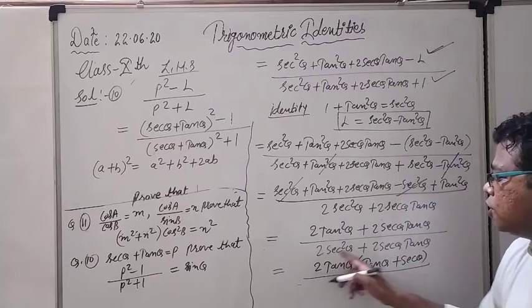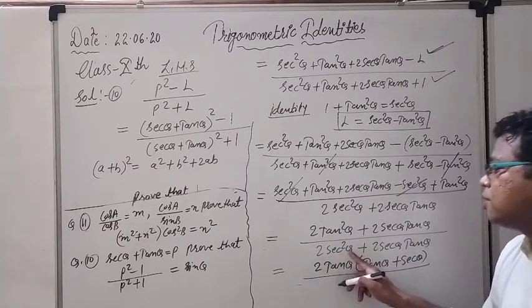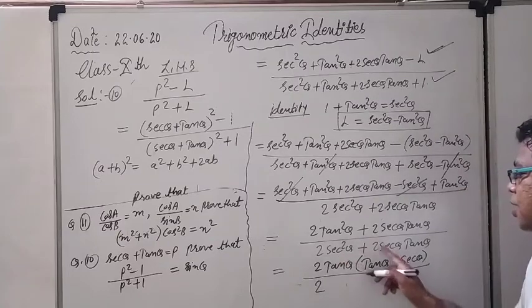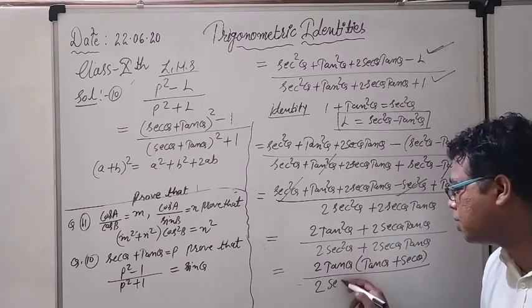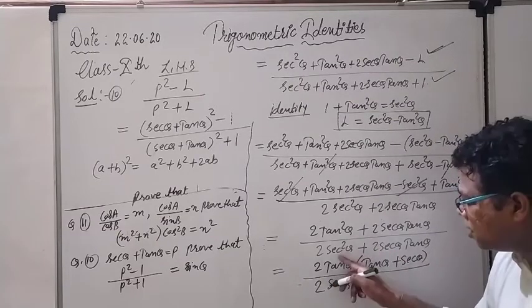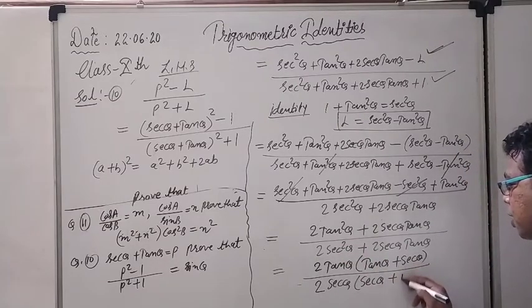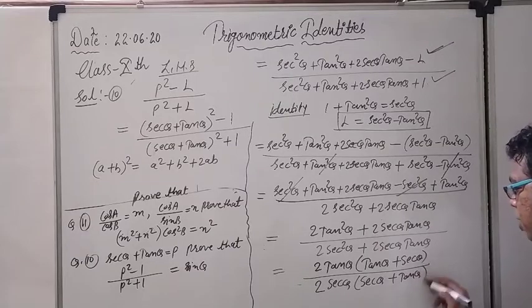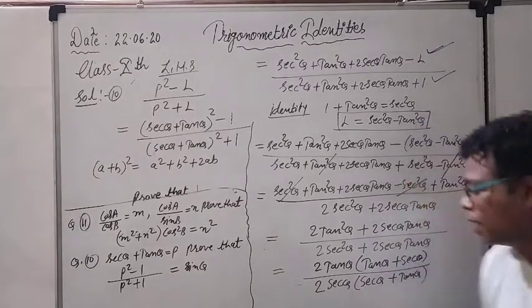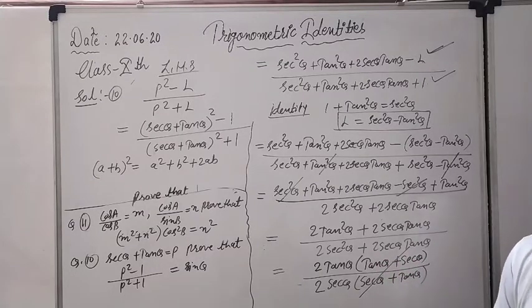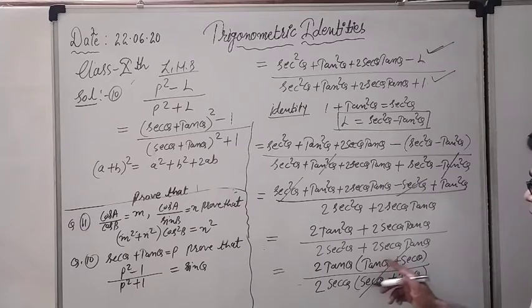Same thing I am going to do for the denominator. So see what is the structure of the denominator. 2 sec square theta means 2 is also going to be common. So 2 sec theta, and sec theta both are the common terms here. So again sec theta is going to be common. What is remained here? Only sec theta, and plus what is remained here? Only tan theta. By looking at both the numerator and denominator, you can cancel these both the things because things are same. Tan theta plus sec theta and sec theta plus tan theta, because both are plus sign, only one after the other.